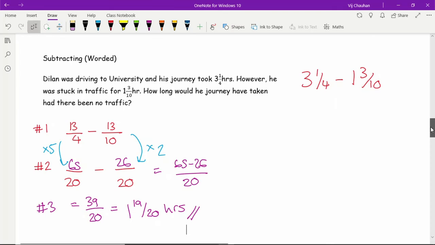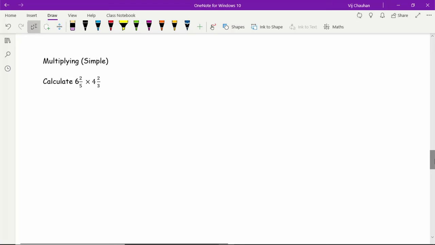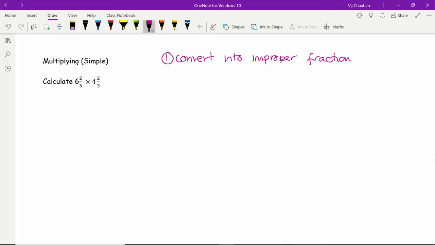So moving on, let's look at multiplying. So again, for this, the rules are simple. So let's go through a method of what it is I'm actually going to be doing. So the first thing we need to do with multiplying is convert into improper fractions. So just like we did with adding and subtracting, the very first step is to convert into improper fractions. The second step we then need to do is multiply